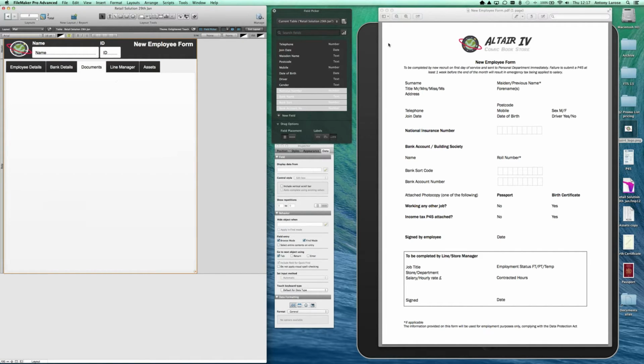The documents. So in this case, what they've done is they want a copy of a passport, they want the birth certificate, they want, are they any other jobs? Do they have the P45? That type of thing. So we need to now go and create our fields for this. So we're going to create some new field. We're going to call it